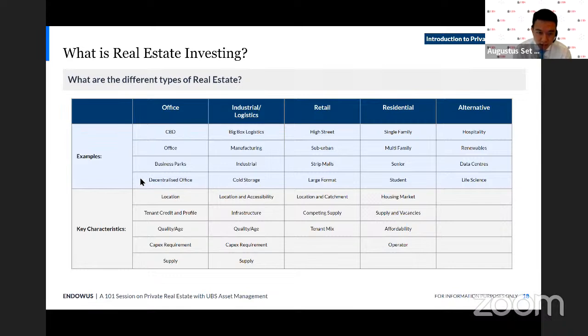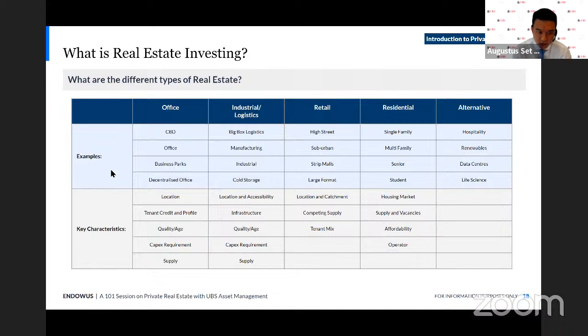In logistics, there are some subsectors, let's say cold storage, right there I have at the bottom, where these are not just empty warehouses, but they might be especially equipped to handle the storage of certain types of products that require lower temps. So, for example, it could be certain types of medicines or frozen and fresh food that require colder temperatures. So just some key characteristics as well in the gray boxes at the bottom of this